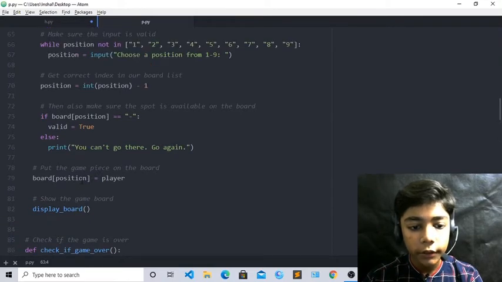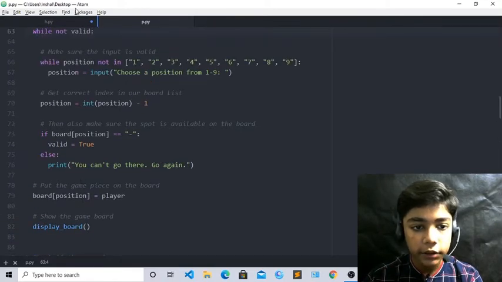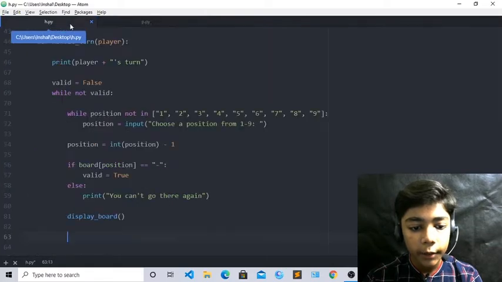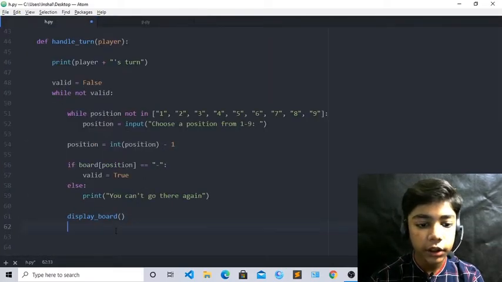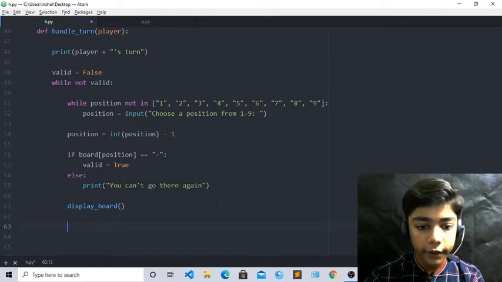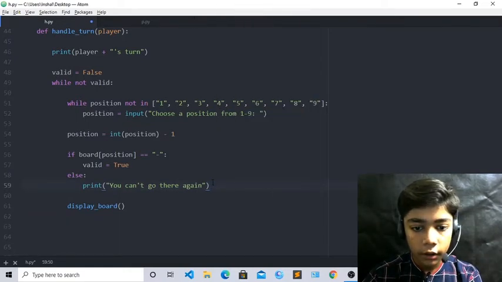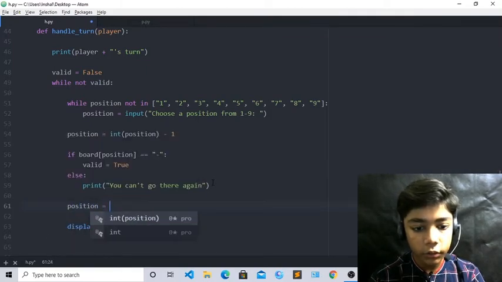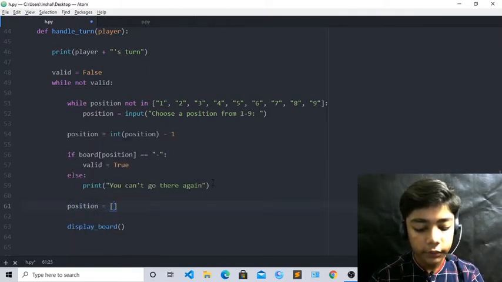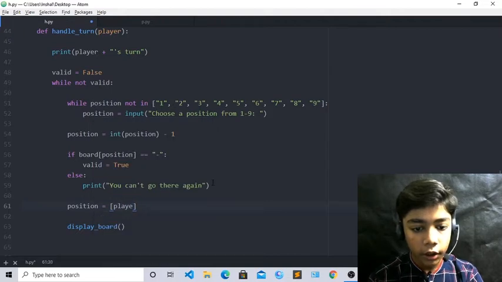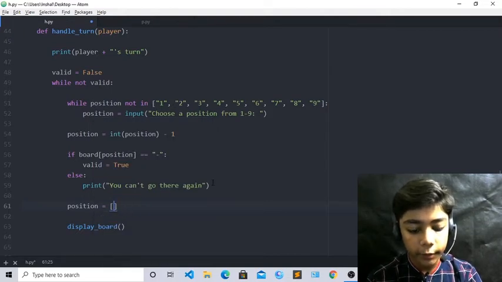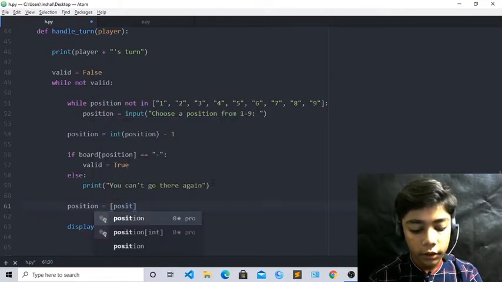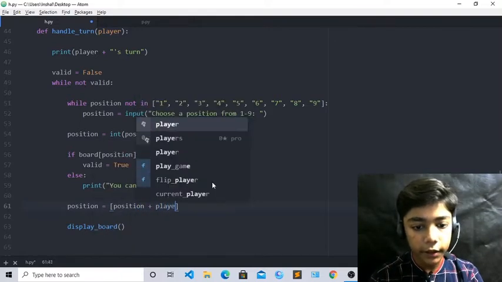Now come over here and first of all write position, equal to player. Then write position again, which will be plus player. Now you can see we have defined all these things up to here. Now come over here and write board, then position, and then player.